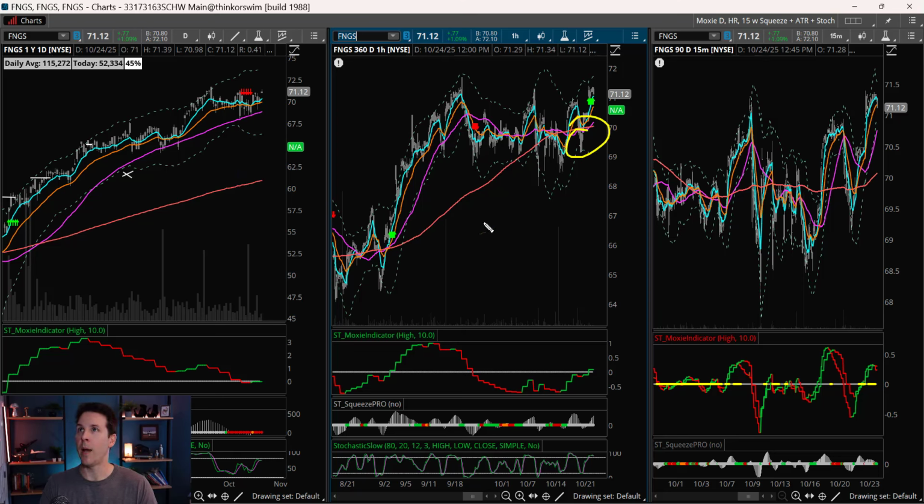And then we got our pullback, and since then, just ignore the Moxie indicator on the daily chart. You can see we've gone green again. I think this is just because this ETF has been going sideways for so long that momentum has come out of it. So what we're looking for is the Moxie indicator to go green again. And because it's a daily chart, it takes a couple days for this to happen. But what you can see is that we now have a fresh Moxie price trigger on the hourly chart.